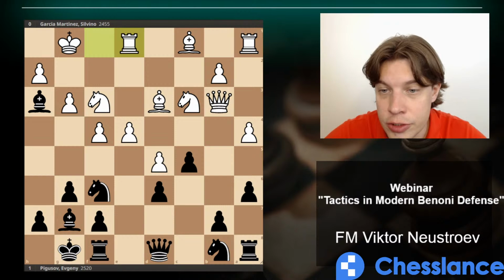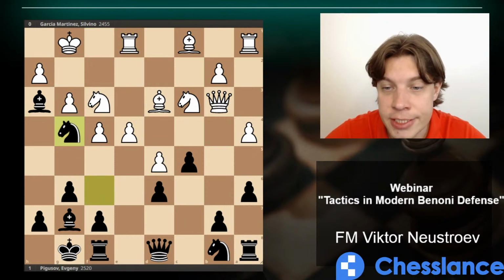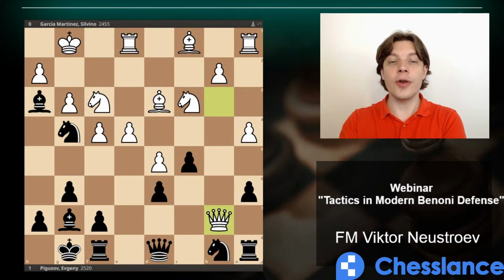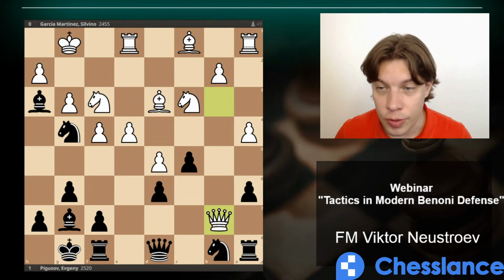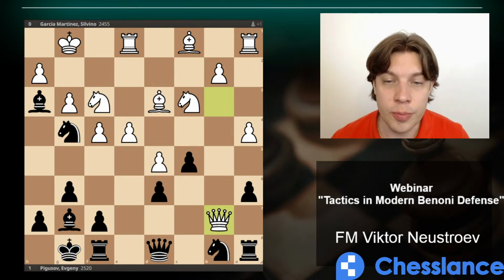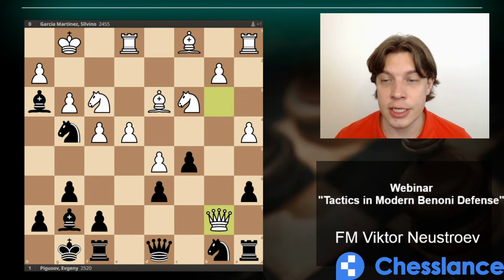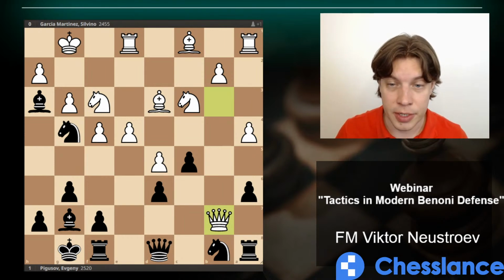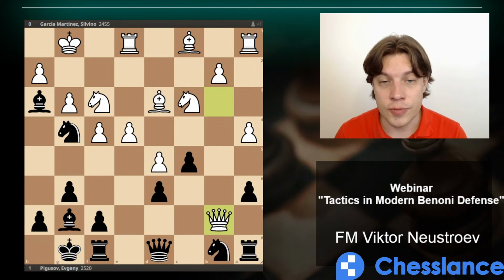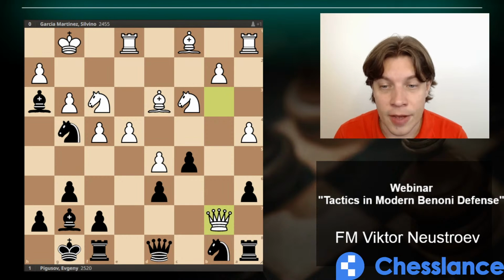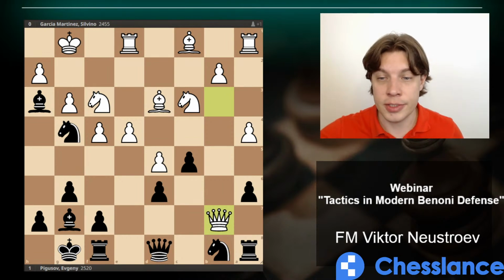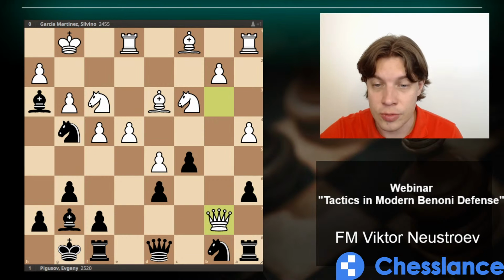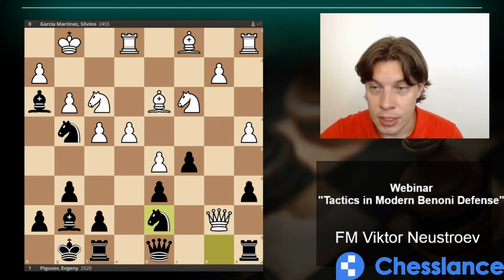Well, it seems logical to continue with b6 maybe, but instead black plays knight g4, attracting the queen to b7. And this is one of the tactical ideas that we are going to talk about today. White took the pawn on b7, but their queen is completely distracted and doesn't participate in the place of action, which now switches to the center and to the king side too. And after queen b7, the queen there can be trapped as well. Right now the rook is hanging, so knight d7 is a must. After which